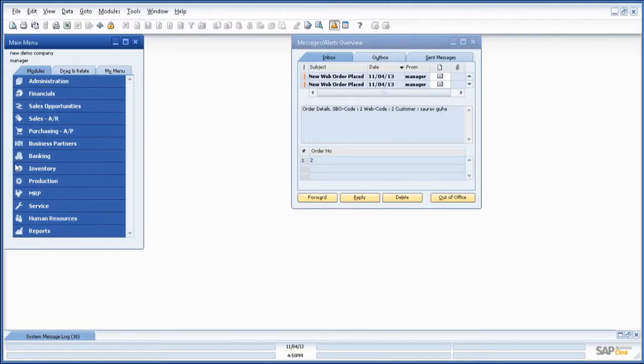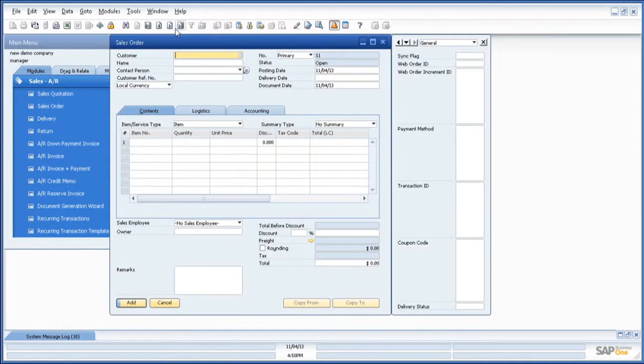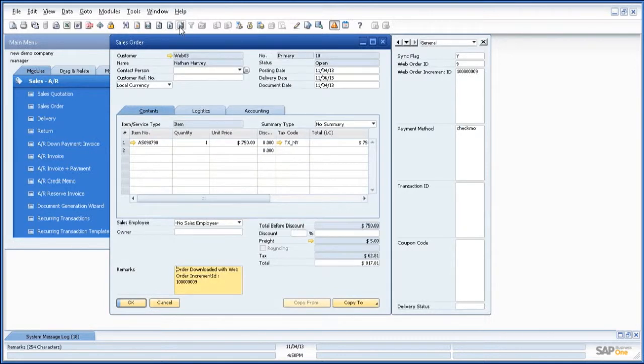So I'll go to the sales module within the SAP Business One. This is the sales order option, and I will straight away go to the last data record. So here I can see this is the web customer that has placed an order on this item.